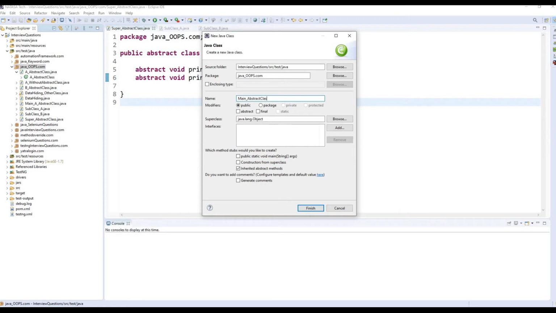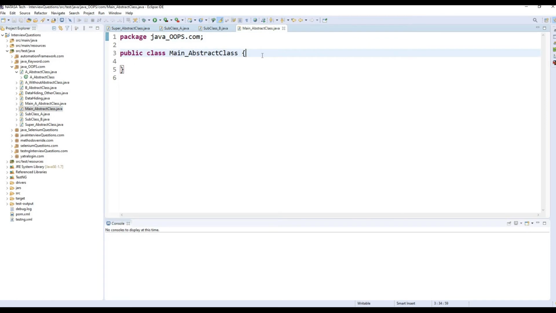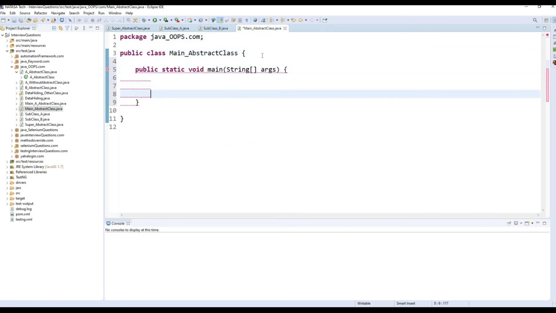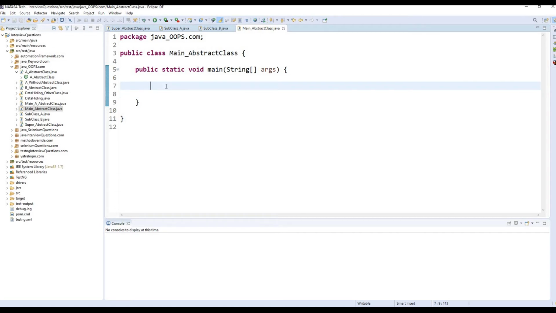abstract class. Okay. So here now I'm going to create the main method. Already I told you we are not able to use the new keyword for an abstract class, so I'm just showing it to you. Here we are going to create an object for the class. Using that object only we are going to access the implemented method names, right?